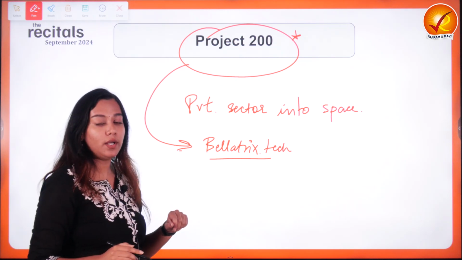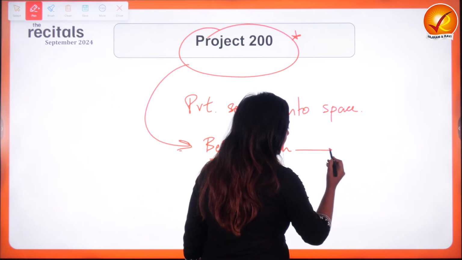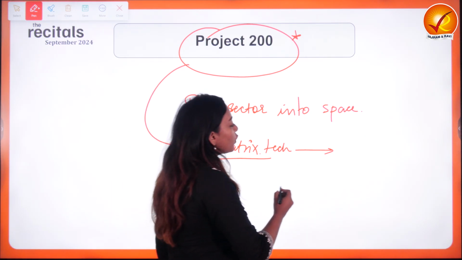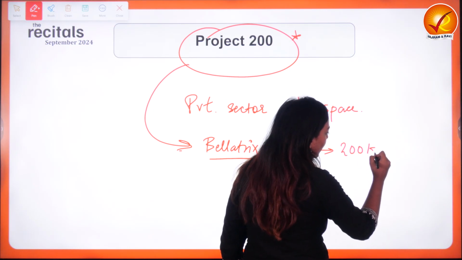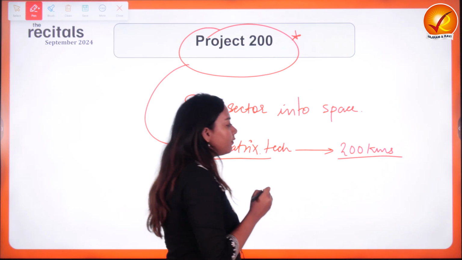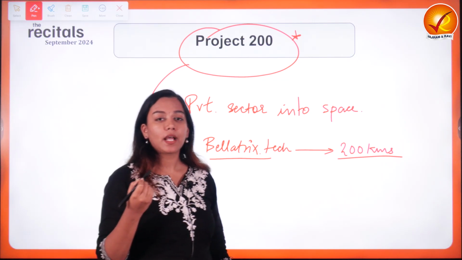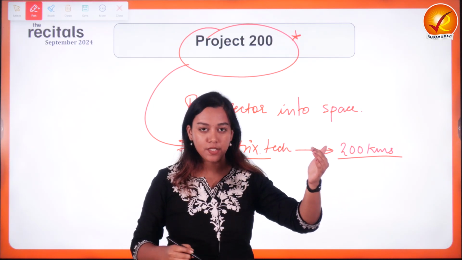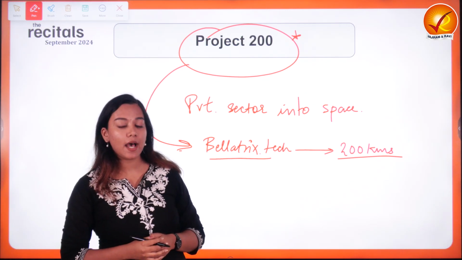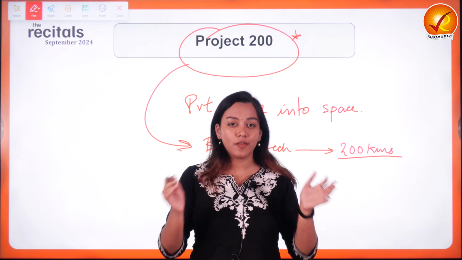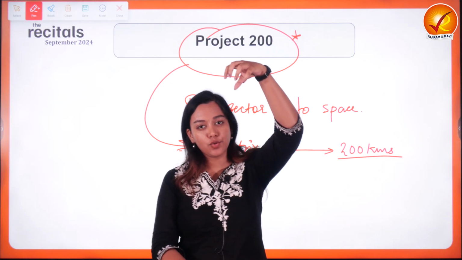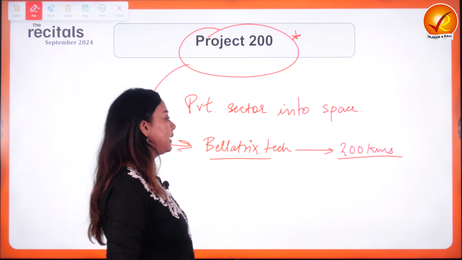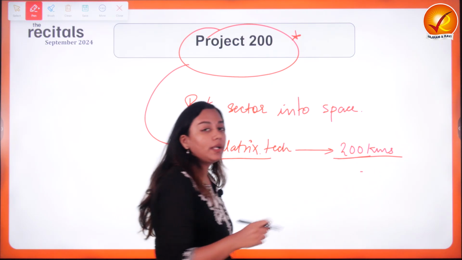What does 200 stand for? It is going to launch its spacecraft, both a communication and imaging spacecraft, at a very unique height of 200 kilometers. We have already seen that whenever we deploy any kind of communication satellite, it is always done at a height of 400 kilometers and above, because even though the latency is high, communication becomes easier because of the wide outreach of that satellite. The more height, the more vision for the satellite, and the more area covered. But they are preferring to deploy their satellite at 200 kilometers, quoting the following reasons.